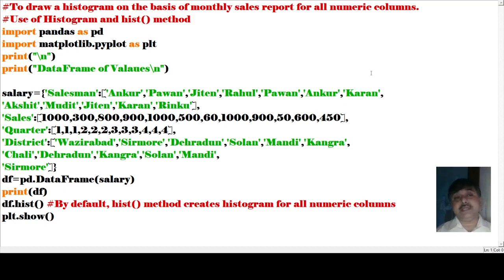Salesman is there, sales is there, then quarter is there, the different quarters in which the sales have been done. As we find, there are different quarters in which the sales have been done. There we find that when we are having those patterns or structures,